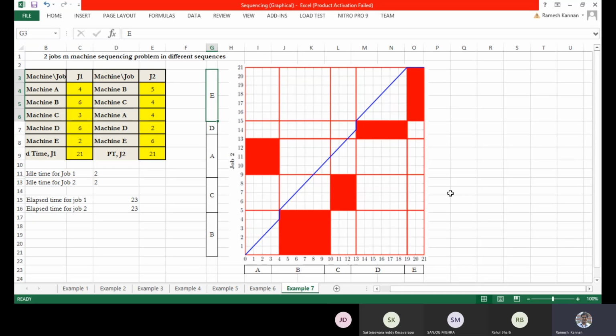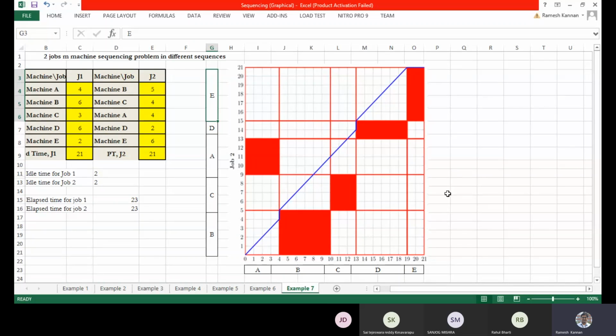So to explain that, I hope all of you were able to understand this particular scenario of how we make this graph. Okay then, the next step is very important.